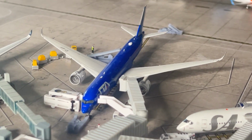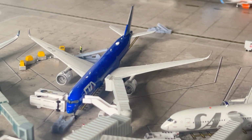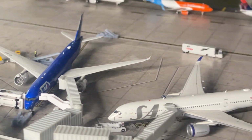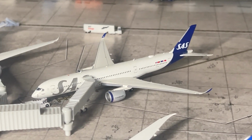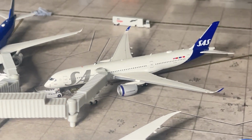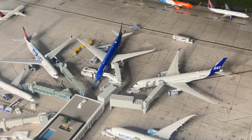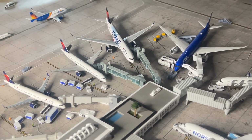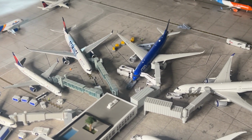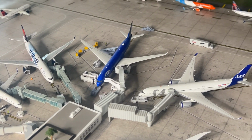Alright, so moving on to some SkyTeam Airlines. So starting with the first aircraft, the ITA Airways Airbus A350-900, and he'll be doing a flight out to Rome Fiumicino. Moving on to your next aircraft, it is the SAS Airbus A350-900, and yes, SAS has moved over to Terminal 3, just because they have moved over to the SkyTeam Alliance, so they have joined the likes of Delta, ITA Airways,